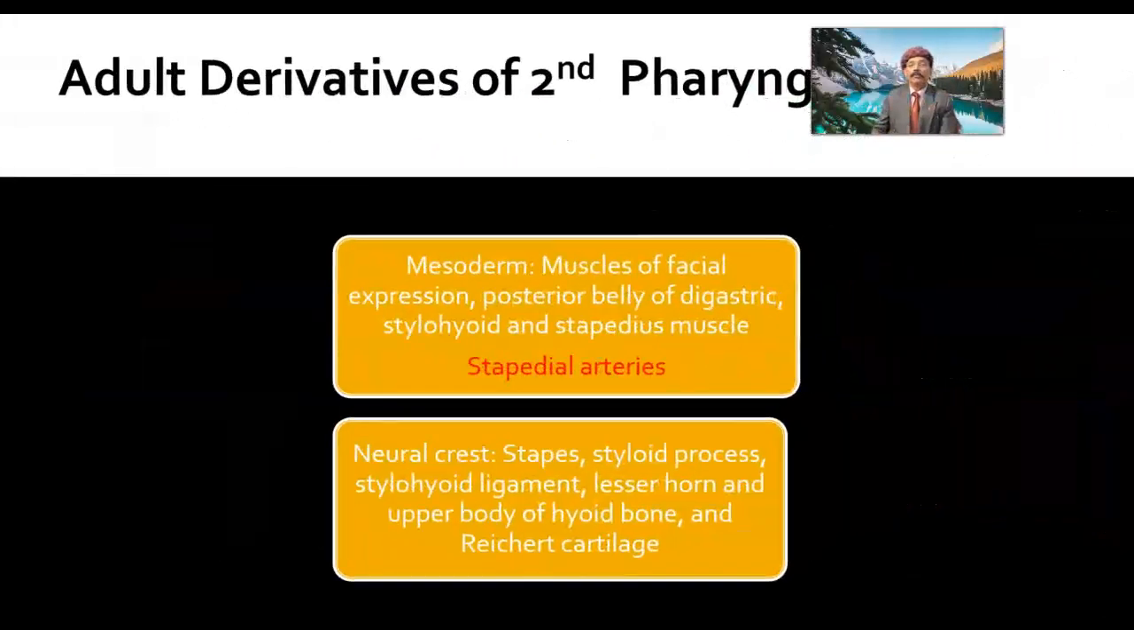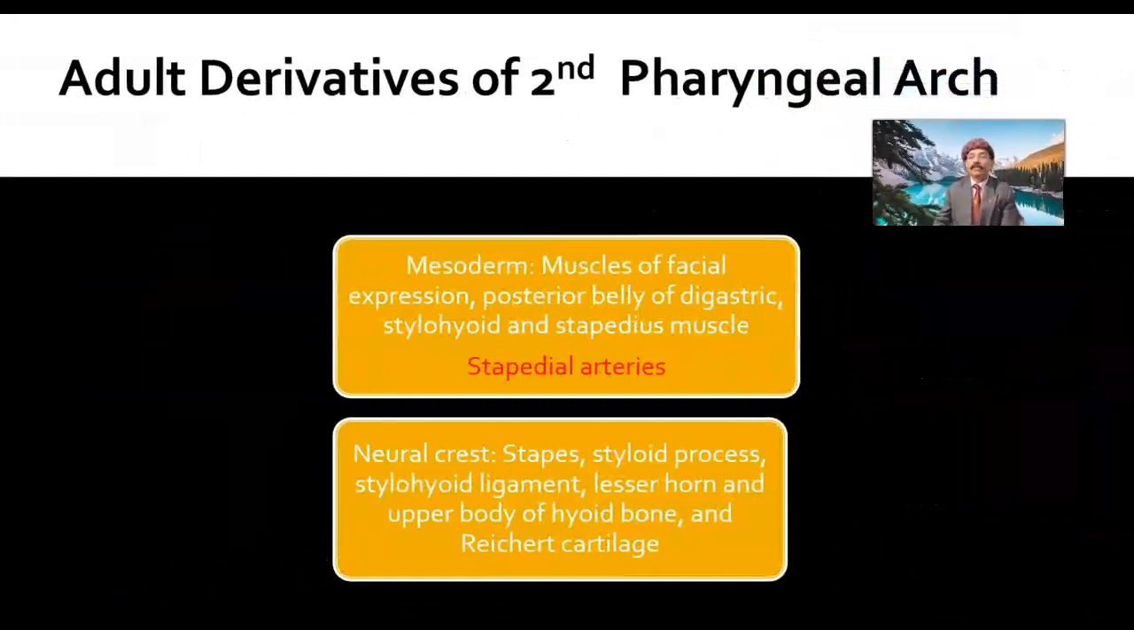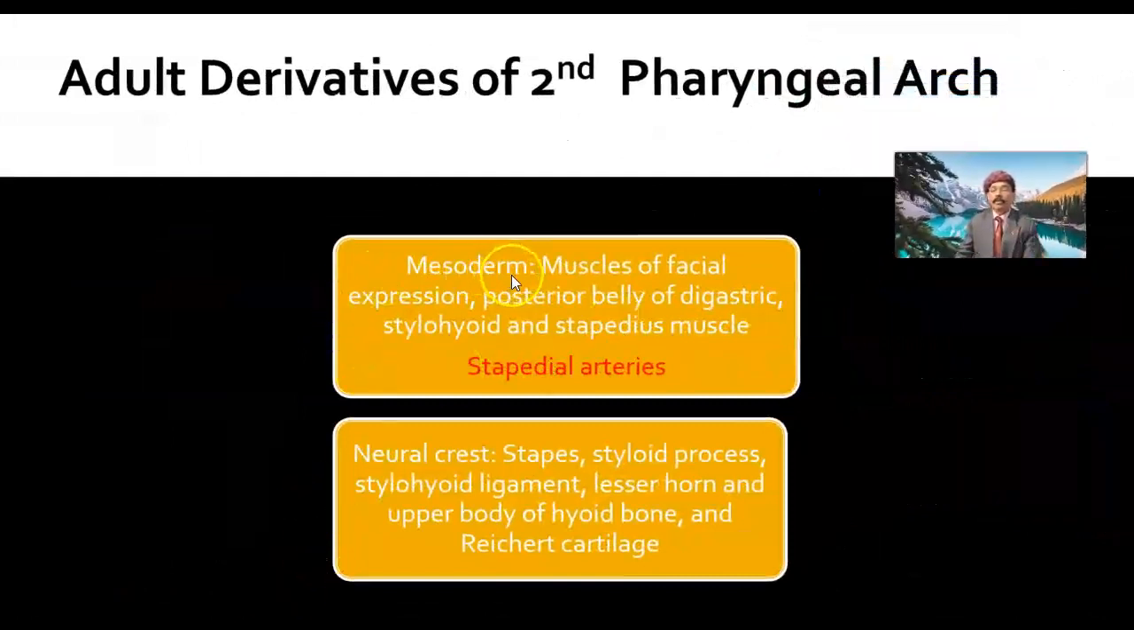Adult derivatives of second pharyngeal arch. Mesodermal derivatives, muscles of facial expression like orbicularis oris, orbicularis oculi, zygomaticus major, zygomaticus minor. Like the platysma, all are the muscles of facial expression. We have a lot of muscles in the face. Posterior belly of the digastric coming from the second pharyngeal arch, nerve supply by facial nerve, stylohyoid and stapedius muscle,